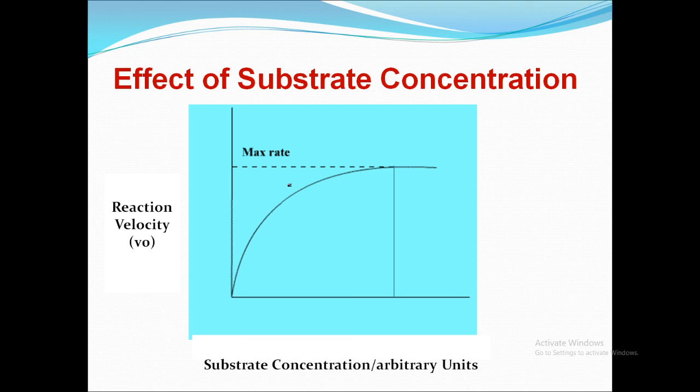We just have to talk about one thing here. As and when we add the substrate, as time goes on, the reaction will move towards its maximum rate. It will move towards the Vmax, but it never touches the Vmax. We'll understand what this Vmax and the enzyme concentration mean. This is the Vmax line. So when the reaction is moving with the substrate concentration, it will reach its top, but it will never reach the velocity maximum. Thank you.